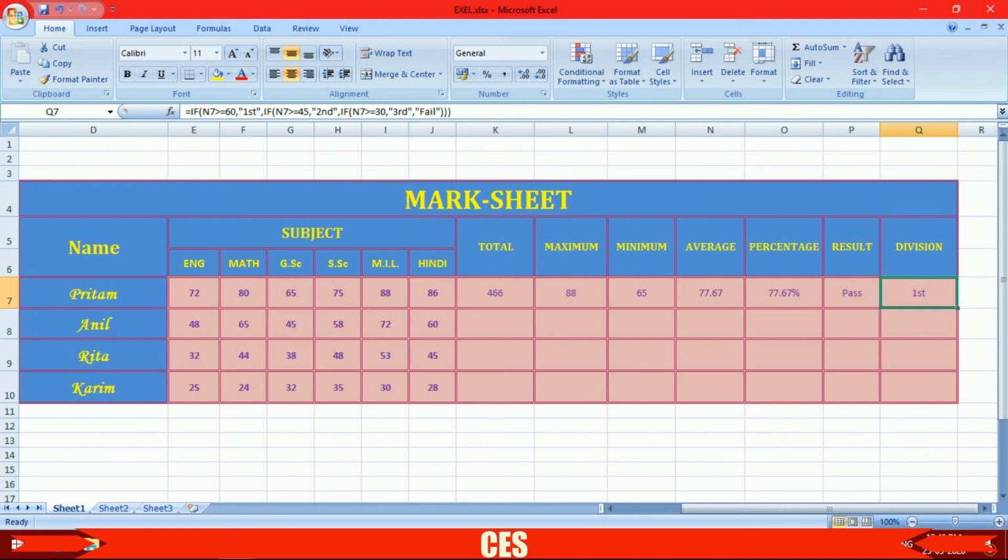So to calculate it, you just click here at the total mark of Pritam, then click here at the corner of the cell, then drag it downward like this and lift your hand. Here it has come. So I hope you have understood.